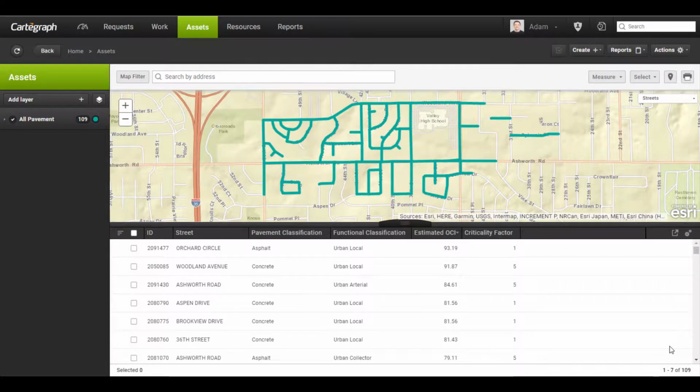In this video, we're going to be talking about the criticality factor of an asset. The criticality factor is a numeric value that identifies the importance of a specific asset. This importance is a way of ranking assets of the same type against each other. In other words, we're talking about segments here. I want to find out what are my least important segments, my most important segments, and all layers of importance